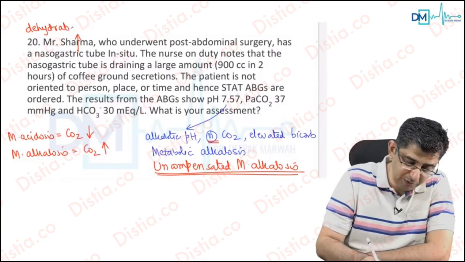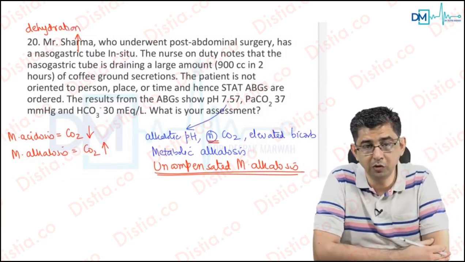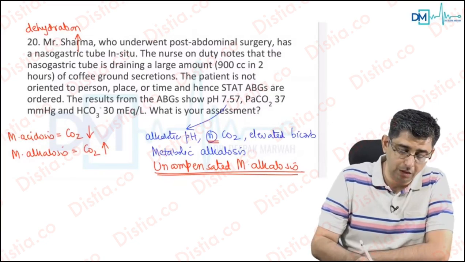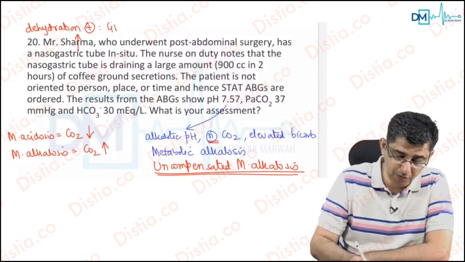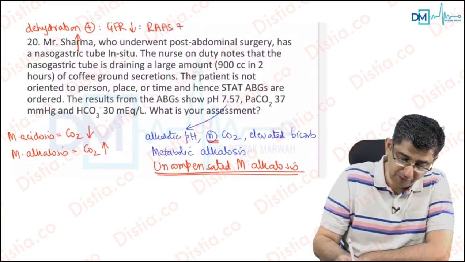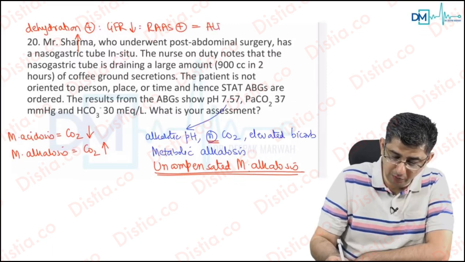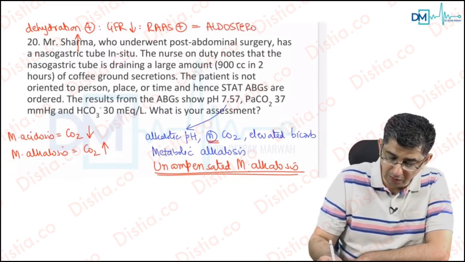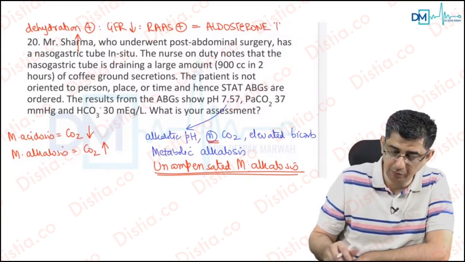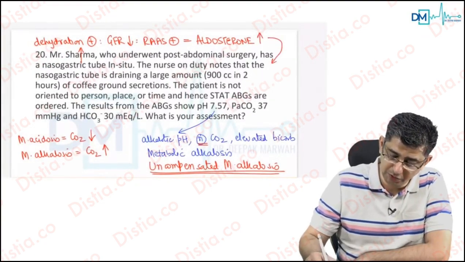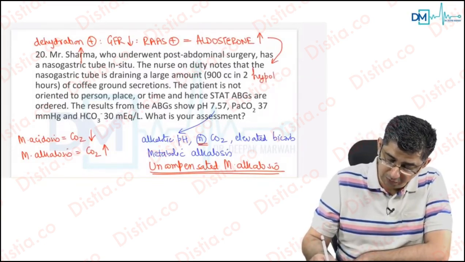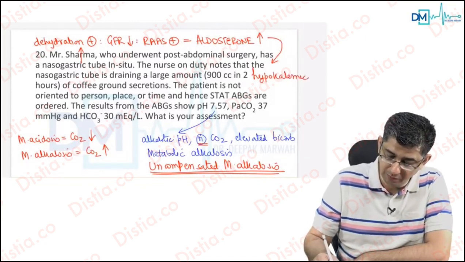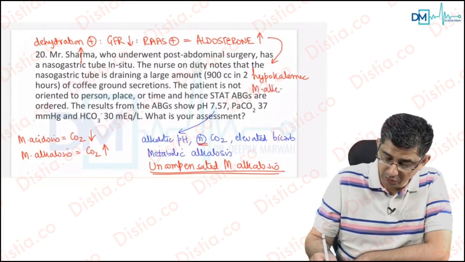There's a possibility that this patient could be having post-operative ileus. There is a hemorrhagic gastritis due to stress. Due to dehydration, the GFR of the patient is less. The RAS will be activated. There will be an upgrade of aldosterone in the body, and the upgrade of aldosterone will contribute to urinary loss of potassium and hydrogen. So this patient will be having a hypokalemia because of urinary loss of potassium and metabolic alkalosis due to urinary